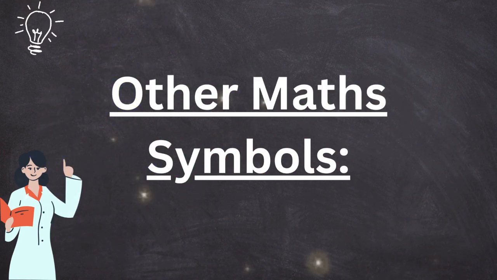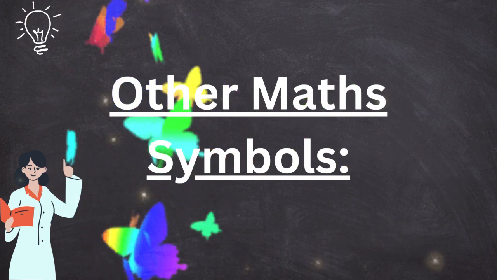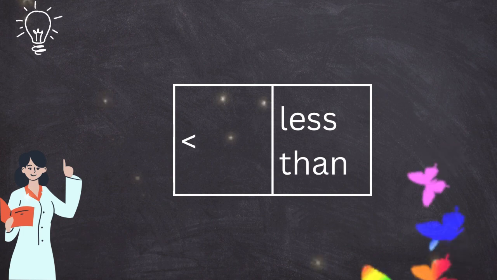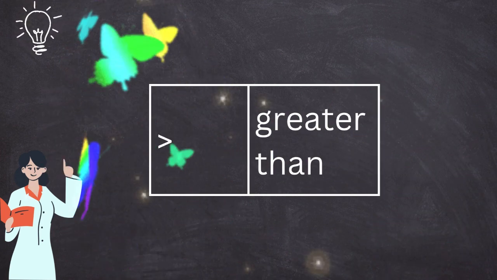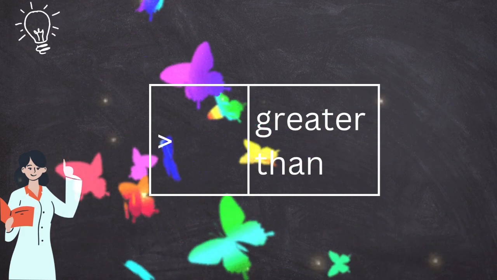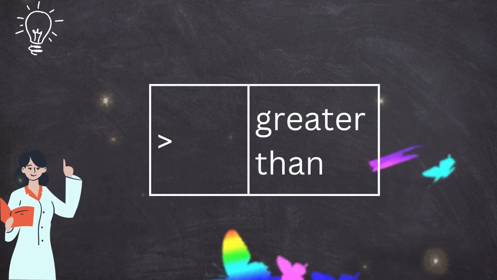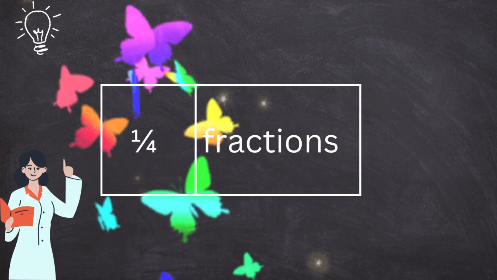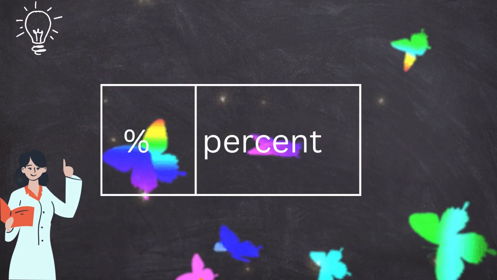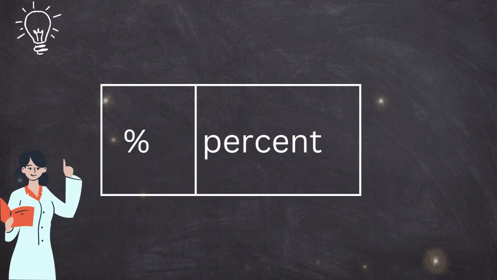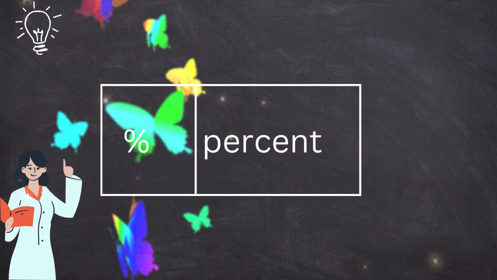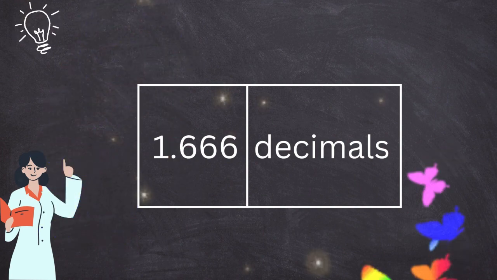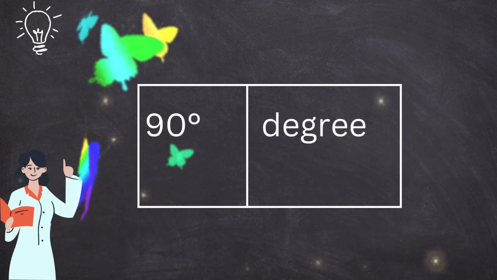Other math symbols. Less than. Greater than. One quarter, fractions. Percent. 1.666, decimals. 90